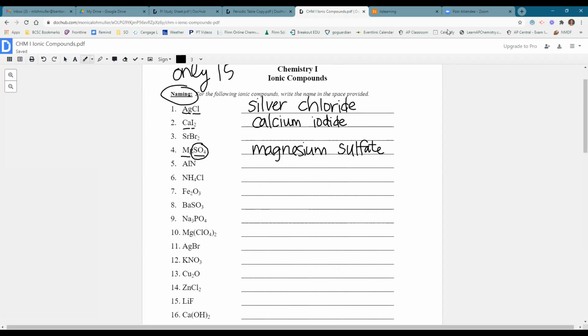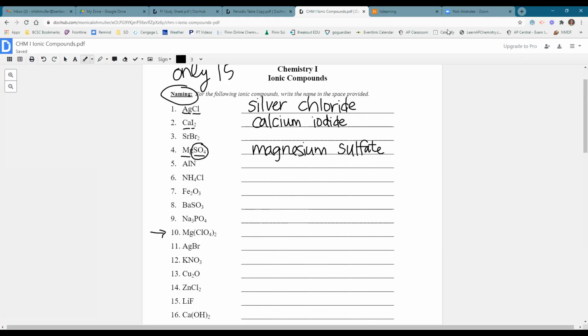Okay? So that's kind of how we use the polyatomic ion list, where when you're looking at the elements listed in the formula, if there's more than 2 elements, then you will need to use one of those names from that list, okay? So another one that I see is number 10,